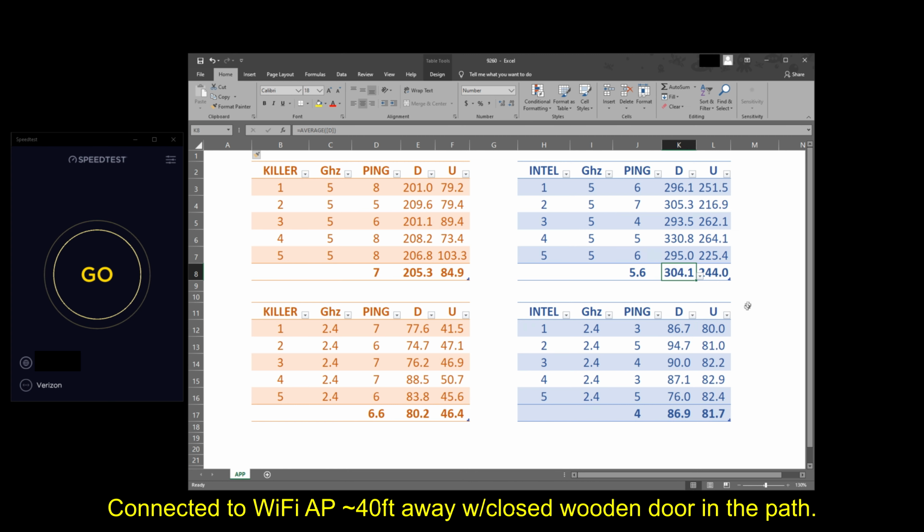Now, the Intel card was significantly better, right? So you got 304 megabits average here and 244 up. So even the download was better, but the upload was significantly better. Now on the 2.4 gigahertz band, it wasn't as drastic, right? 6 megabits improvement roughly, or 7 megabits here. But the upload again was nearly double of that one. So bottom line is that this was definitely a worthwhile upgrade,